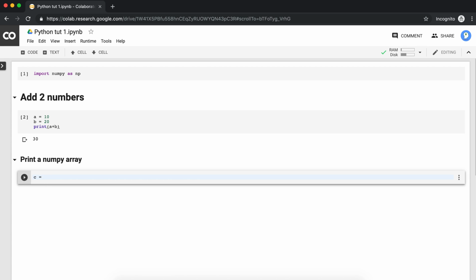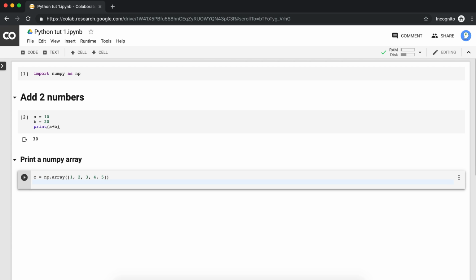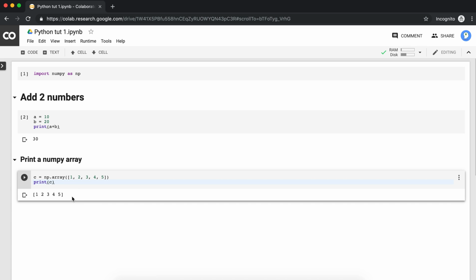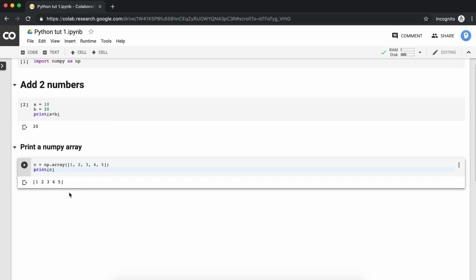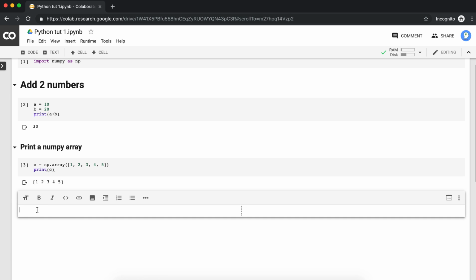I will take c equal to np.array, and let this array have 5 elements, and I want to print this array. So only this cell is executed when I execute it. So you can see here I have printed the numpy array, and you can add a text block, and it has some other functionalities like